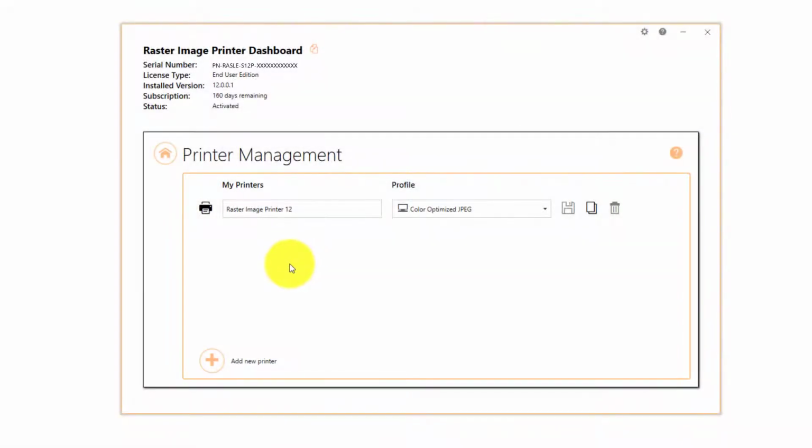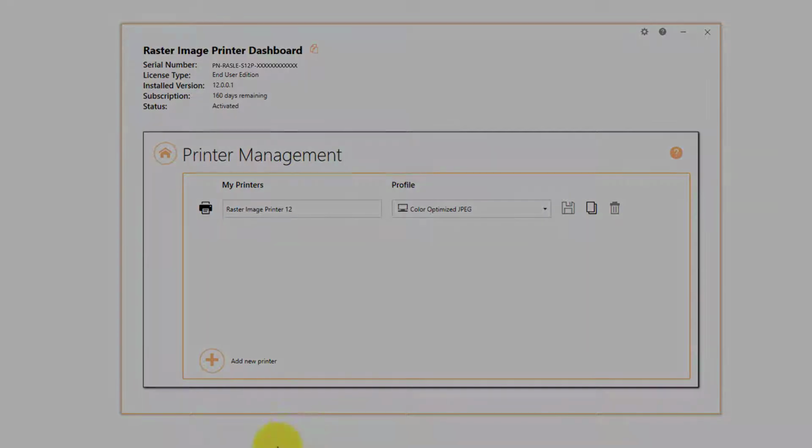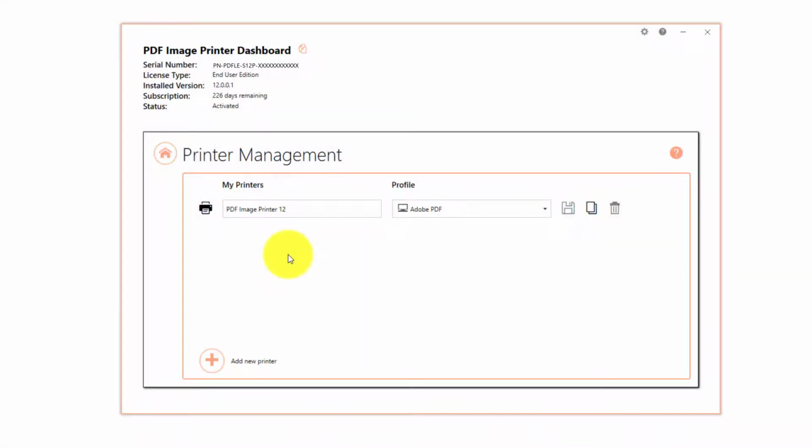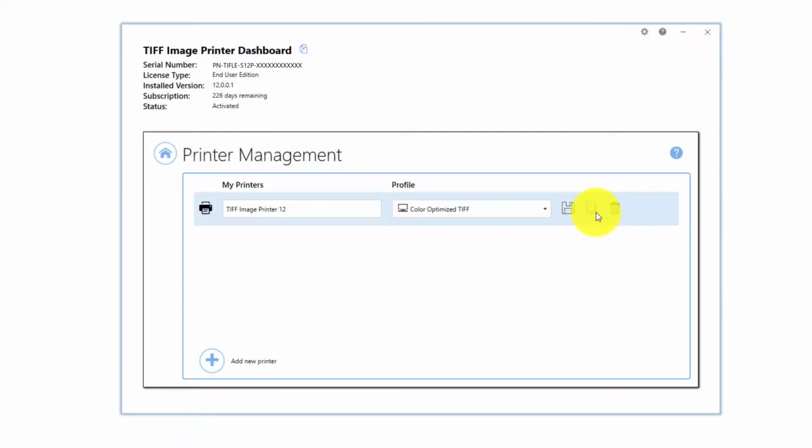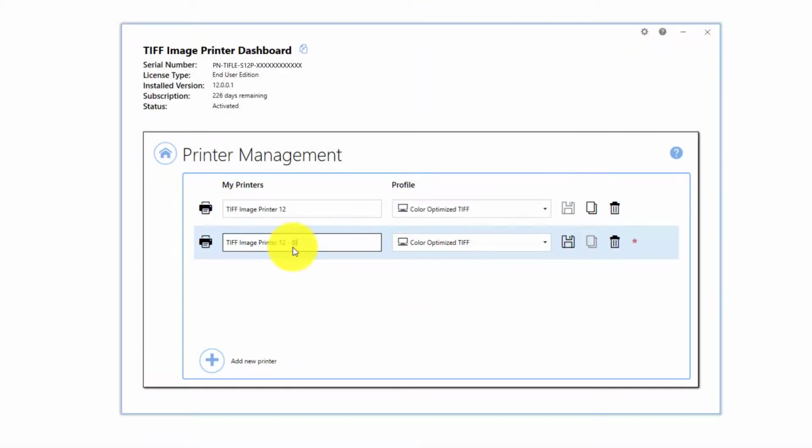For Raster Image Printer, the default printer name is Raster Image Printer 12, and the default profile is Color Optimized JPEG. For PDF Image Printer, the default printer name is PDF Image Printer 12, and the default profile is Adobe PDF. You can create a copy of the printer, change the printer name,